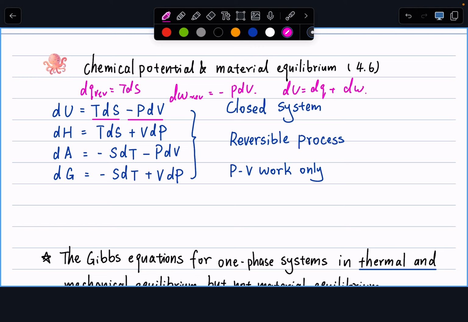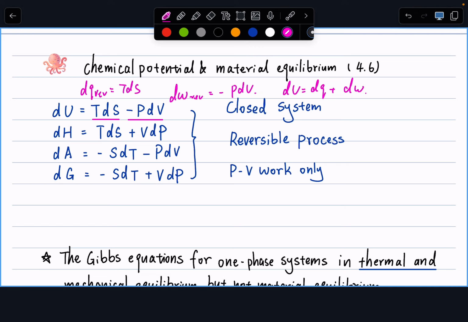Now in last week's lecture, we also went over the use of the Gibbs equations to link partial derivatives to certain state functions, and to derive Maxwell relationships using Euler's reciprocity relations. Then we derived, say, the volume dependence of internal energy or the pressure dependence of enthalpy. And in our last lecture, we went over how to use those derived terms to solve for changes of state functions. All right, so today, we'll do one more thing.